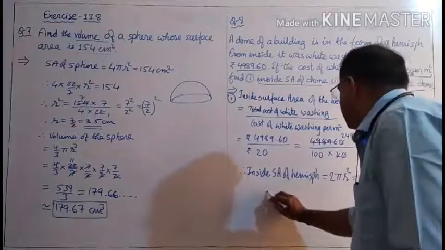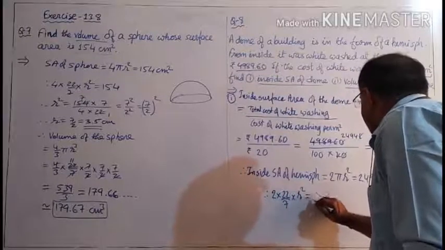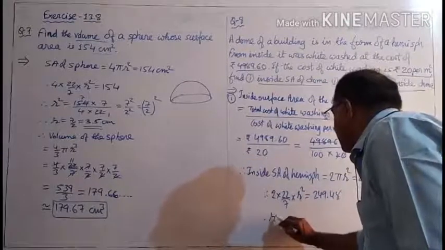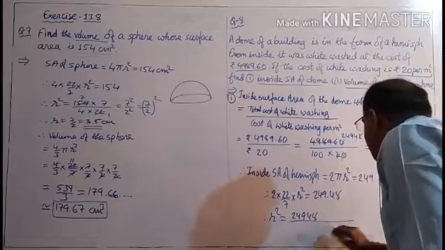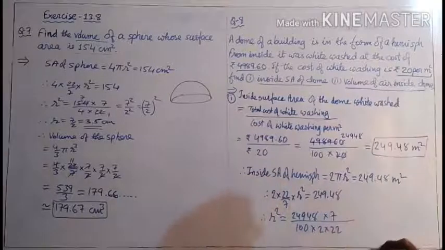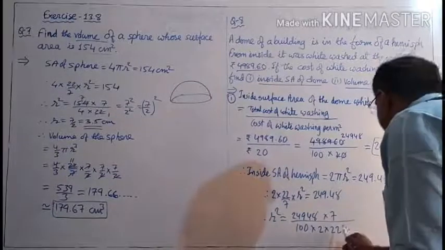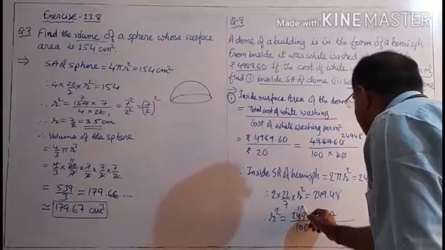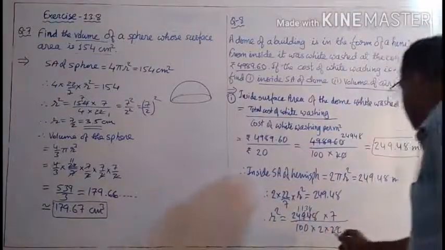After getting radius, so therefore here 2 multiplied by 22 by 7 multiplied by r square, and that is equal to 249.48, and therefore radius square is equal to 249.48 divided by 100 multiplied by 2 multiplied by 22 multiplied by 7 in the numerator. Now you can cut the common ones. So when we cut the common ones, what will happen? First of all, 22 1 ja. Here divide by 22, you will get 21, 22 1 ja, 22 1 ja, 22, then 3 ja and 4 ja. Okay. So now again we cut this.